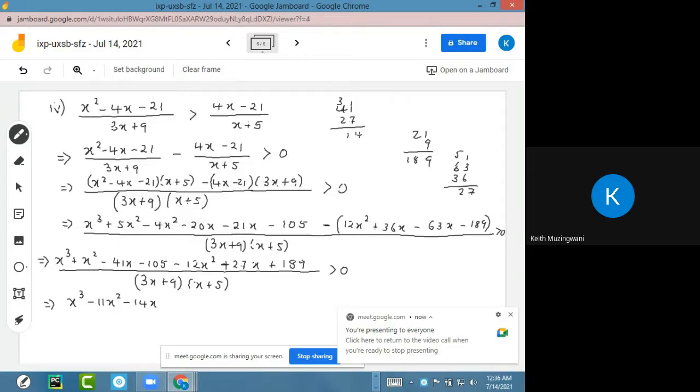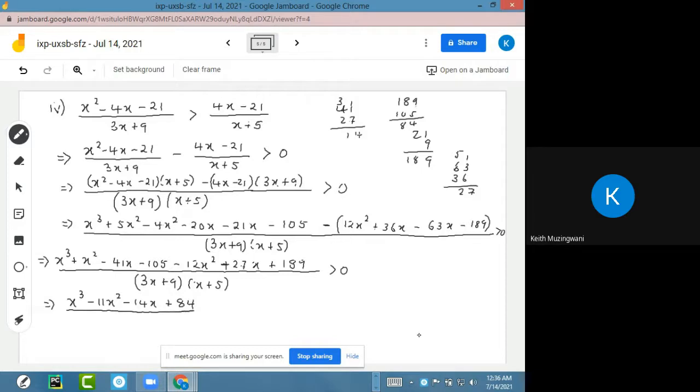And then 189 minus 105. That is a 4 there and 8 there. So we get 84. And it will be plus. So we'll have plus 84. And everything over 3x plus 9 and then x plus 5